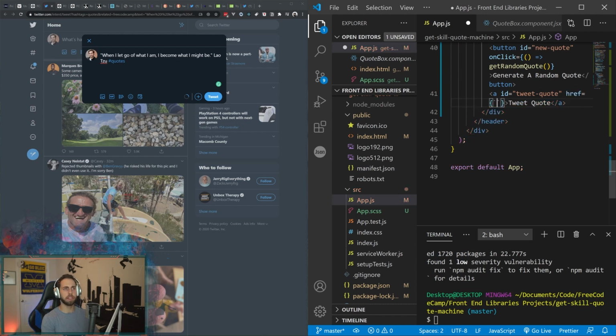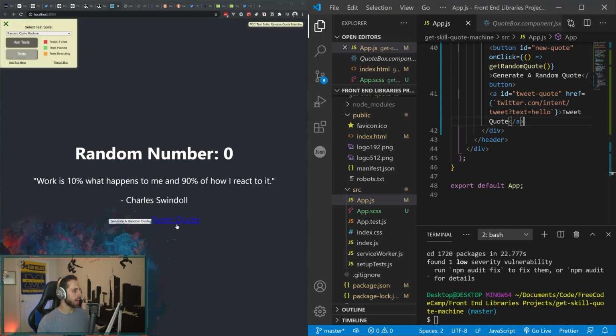we're going to do a string interpolated value. So we're running JavaScript right here, and we're going to do twitter.com/intent/tweet, and now we're going to have the parameter, and let's go ahead and just do it with text equals hello. So now if we go to our app right here, and I click tweet, it's going to open up a new, it's going to,